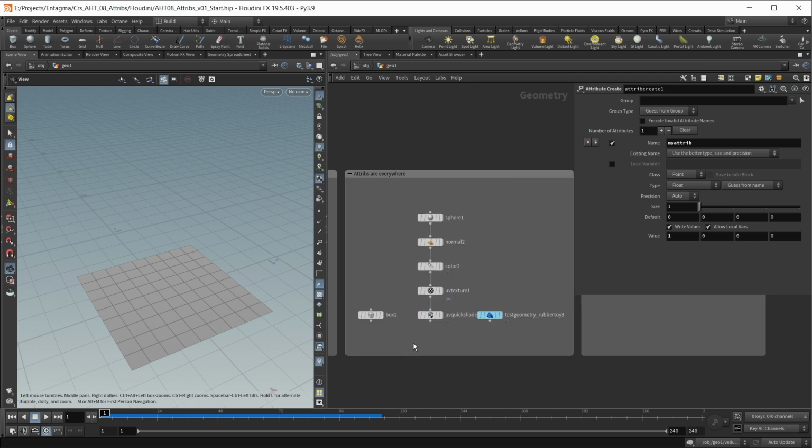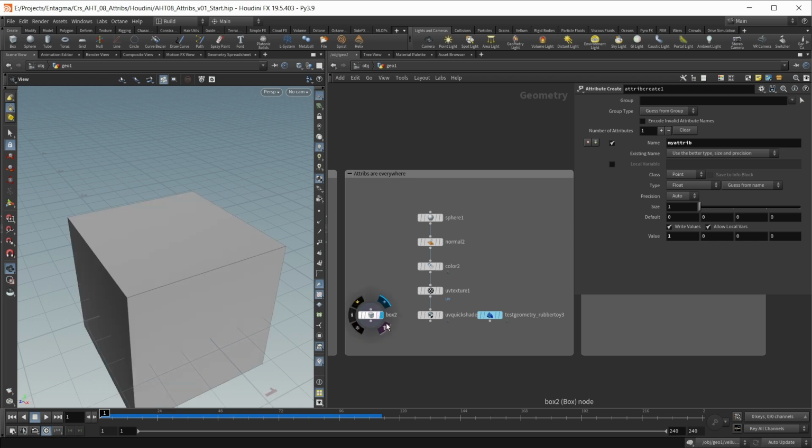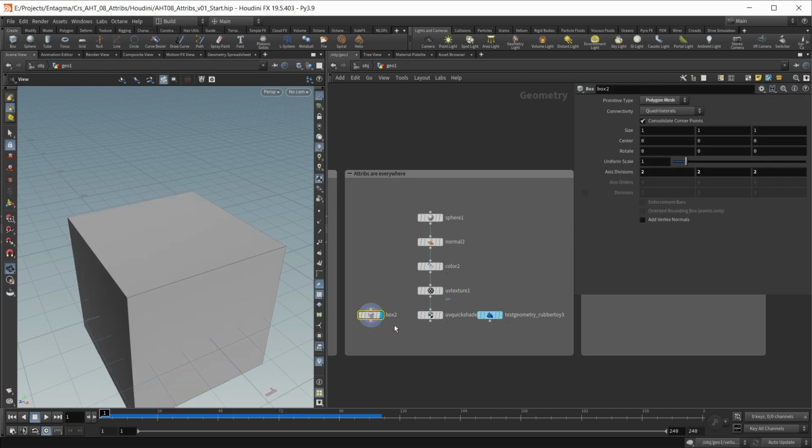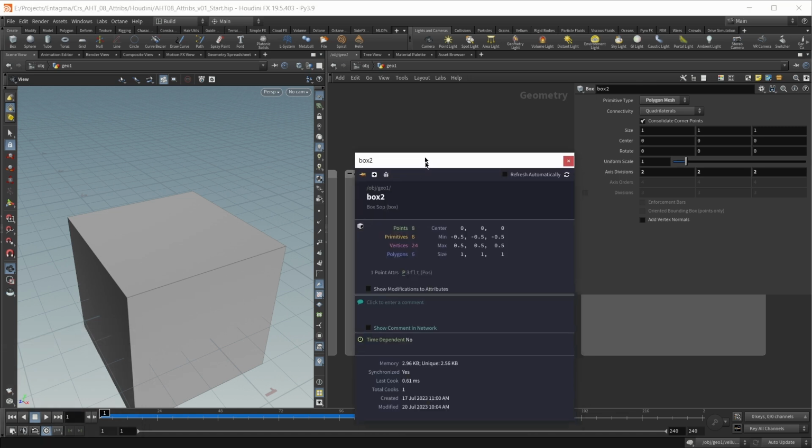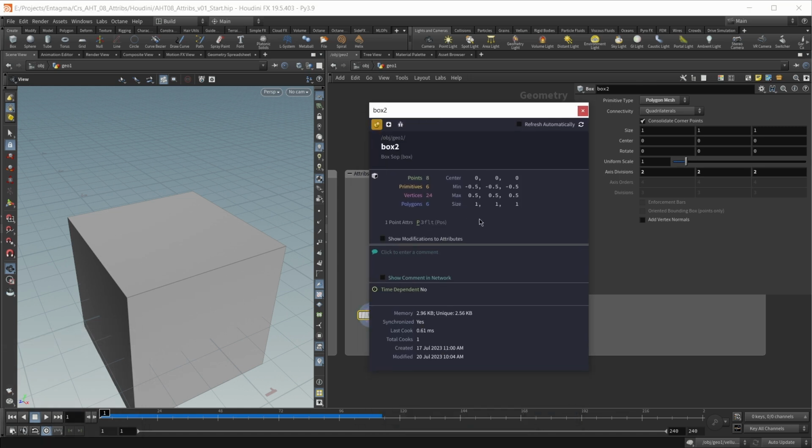First of all, we should know that attributes are pretty much everywhere in Houdini, and pretty much everything we do in Houdini will create or modify attributes on our geometry. For example, if we take a look at a very simple object inside Houdini, a box, and look at its info panel right here, we can already see one attribute on there,